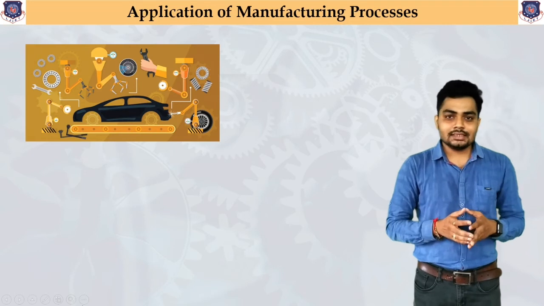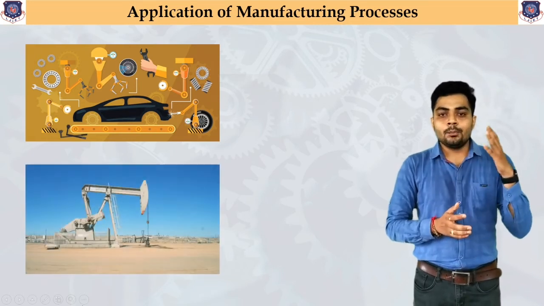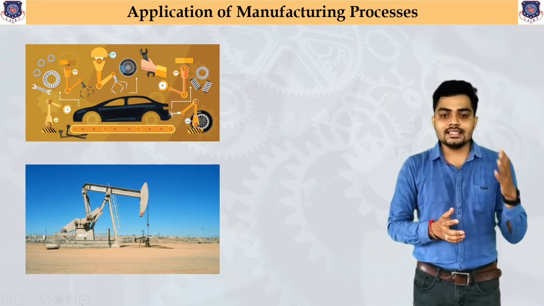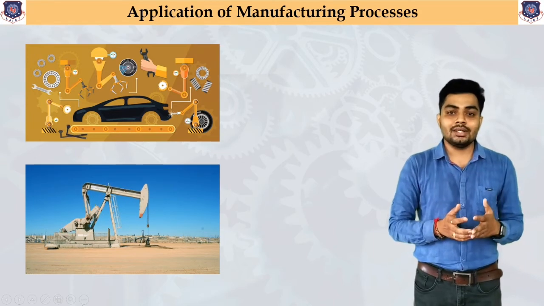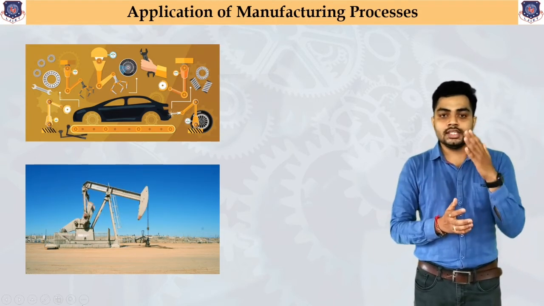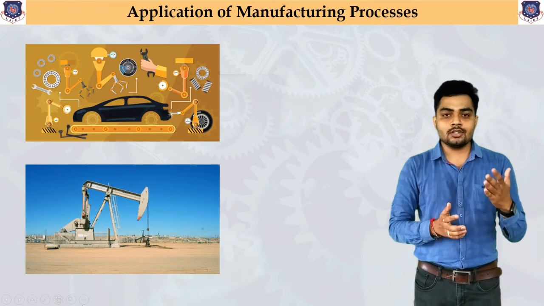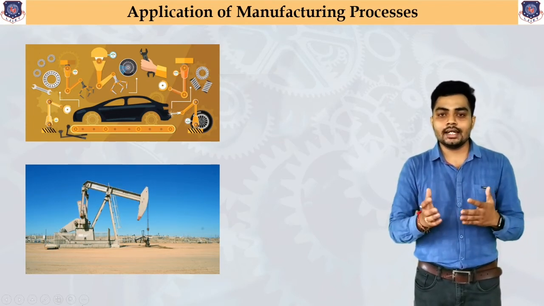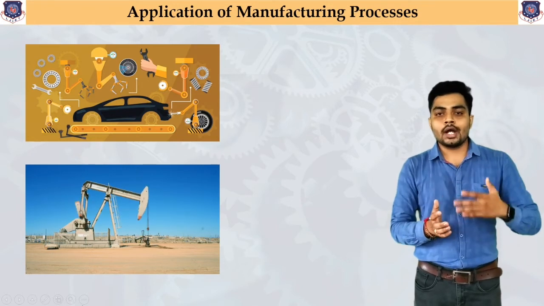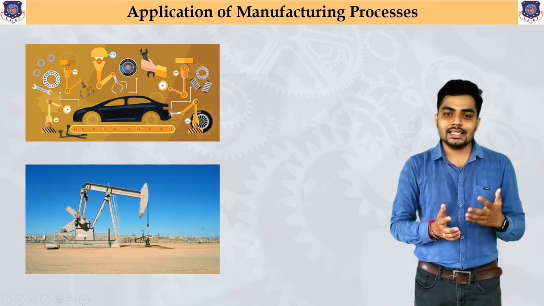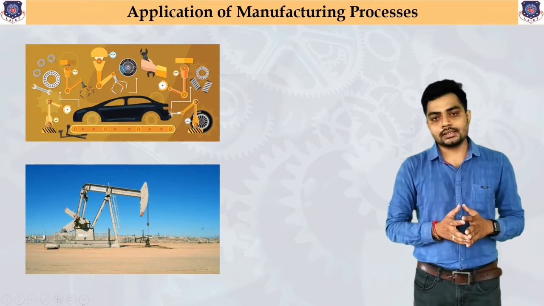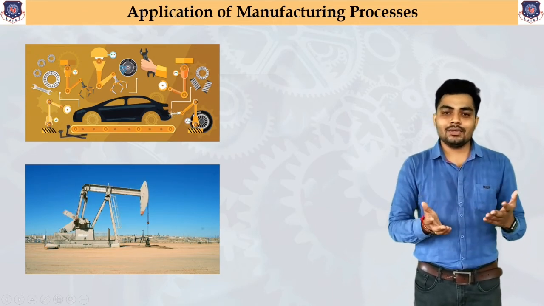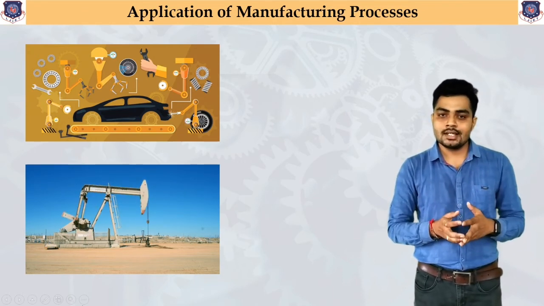Now the second image that you can see shows the main mechanism, and in this mechanism different parts are available that move accordingly. These different parts are manufactured using different machines or manufacturing processes, and at the end they are all assembled to provide a main important mechanism that is required to perform a basic operation. So these are the different applications of this manufacturing process subject.